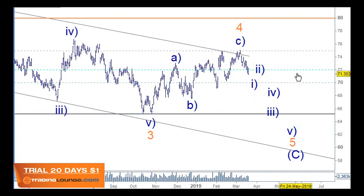What we could do is use the 72 here as a retested resistance. There'll be plenty of support at 70, so we'll get a nice bounce off that point as well. But we should come down to 62 over here, so there'll be strong support here. I don't think this wave 4 will get any bigger and uglier, because when I compare it to the previous wave 4 here,